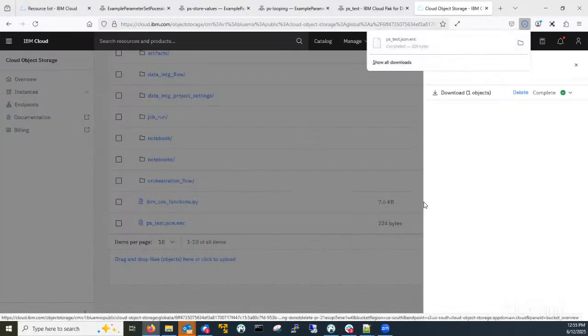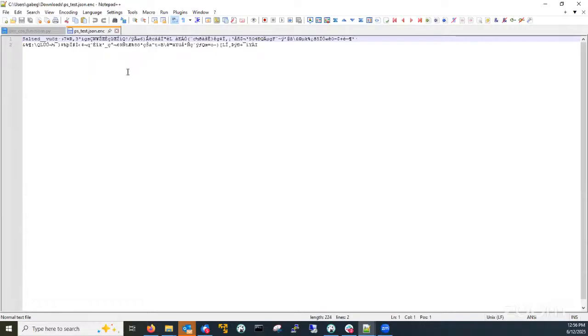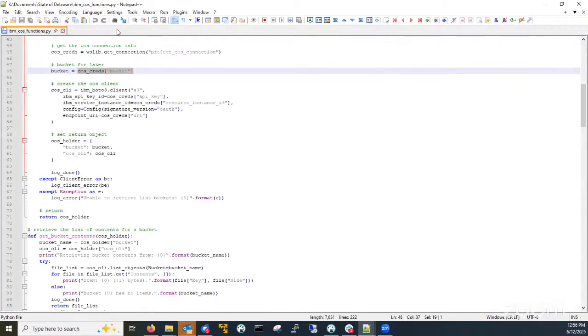right, that's fine. Now if I open that and attempted to look at that inside something, that's what that looks like. So I can't read them. Even if someone could access your cloud object storage, like another developer or something like that, they wouldn't know what to do with it unless they specifically knew the passphrase and how you were encrypting it,